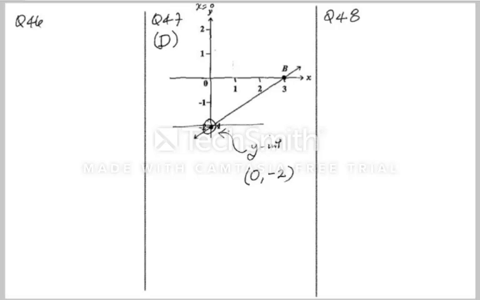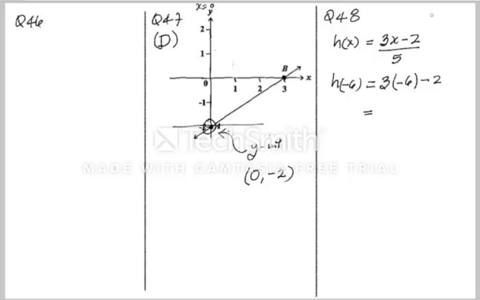Question 48. Question 48 says h of x is equal to (3x minus 2) over 5. We're asked to find h of -6. To find h of -6, essentially what we're going to do is, in h, wherever we see x, we're going to take out x and put -6. So this is 3 times -6 minus 2,